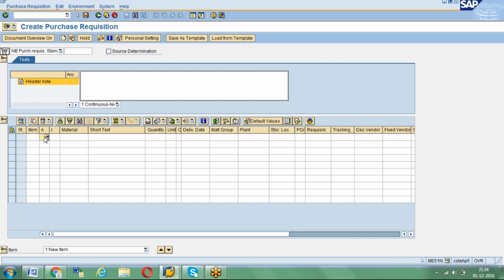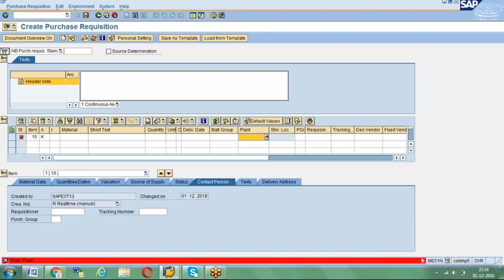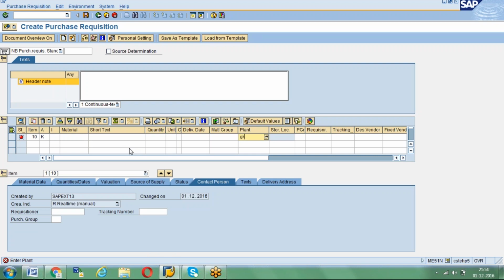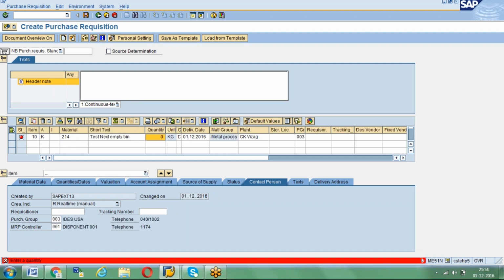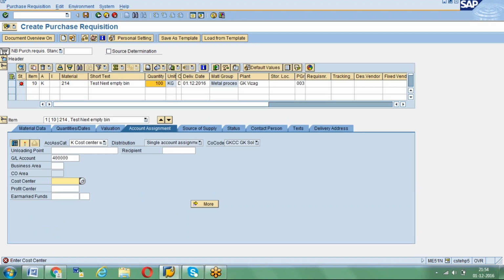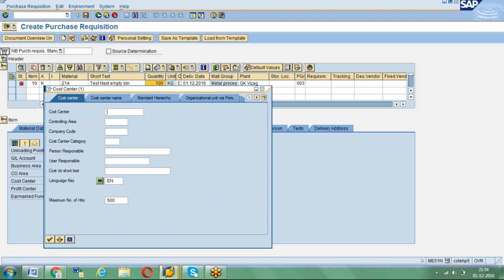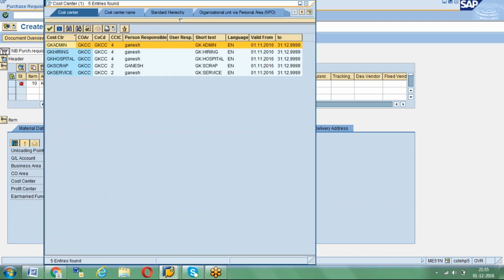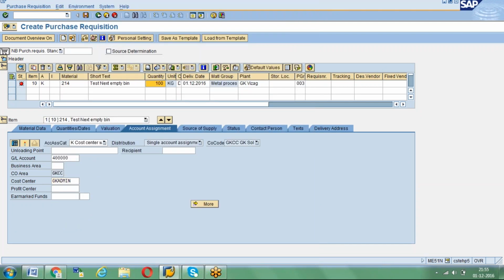We are going to create a PR with an account assignment category. I'm giving K, and the plant. If you create a material, there will not be any stock. If you give a material, it will directly get consumed, that's what we know, right? Item 214, and the material quantity is 100 kg. Then it will ask you for the cost center. If you click on F4, I'm going to teach how to create a cost center and everything. You can see and select any cost center,